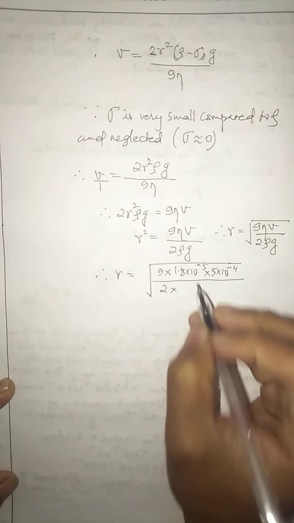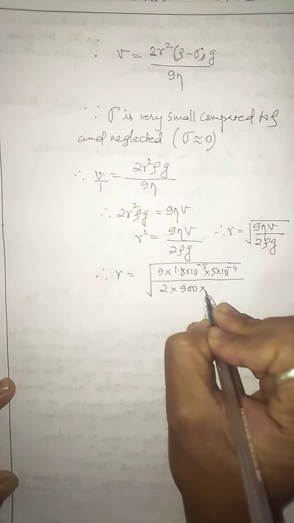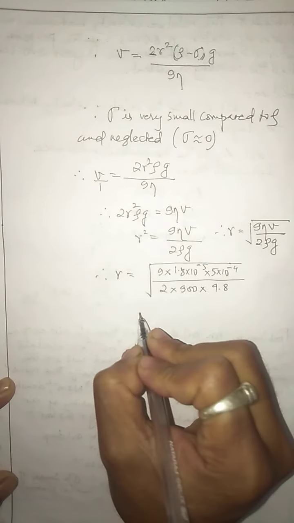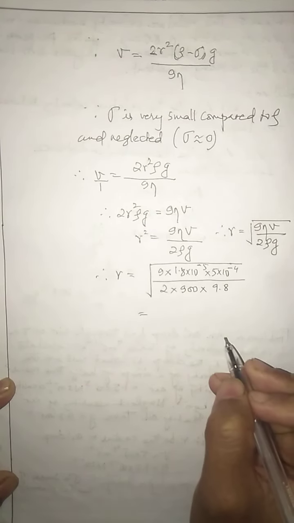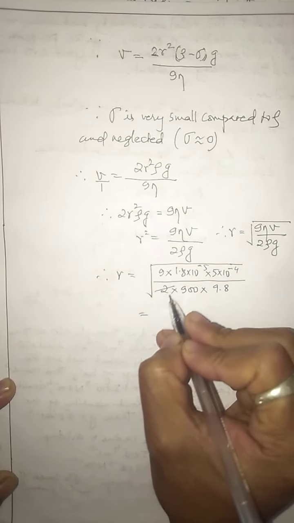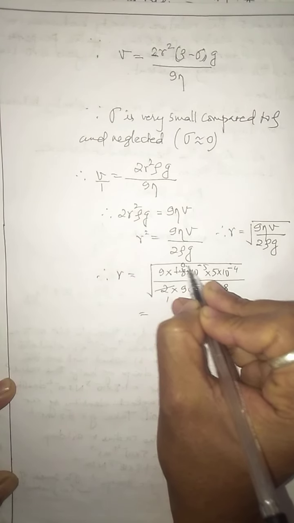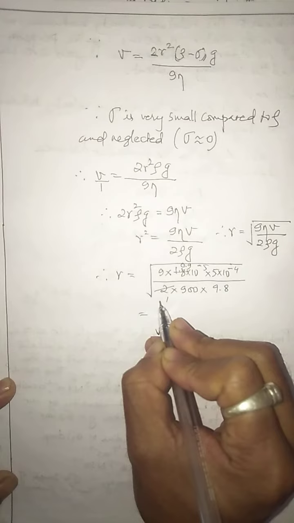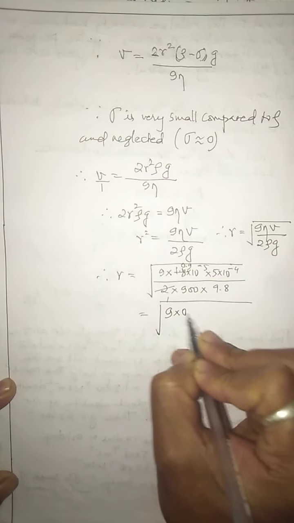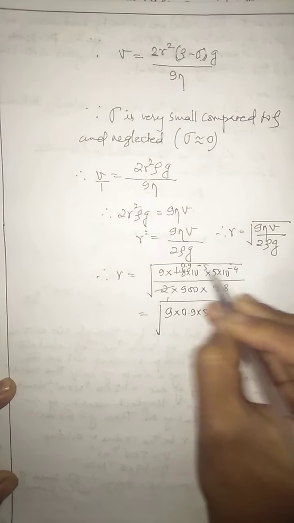Rho, the value of density of oil, that is given how much? 900 into g, the value of g is how much? 9.8. Okay, so we can simplify this further. In order to simplify this further, I can divide this way also. 2 1s are 2, 2 9s are 18, but 0.9. I write 0.9. So square root of 9 into 0.9 into 5 into 10 to the power